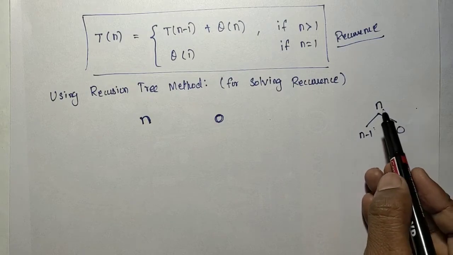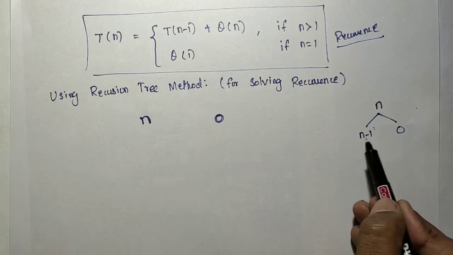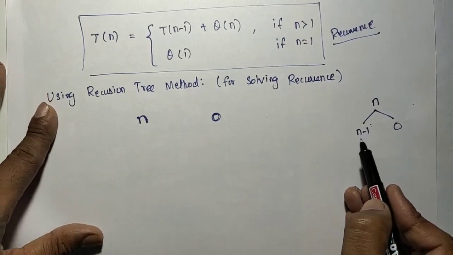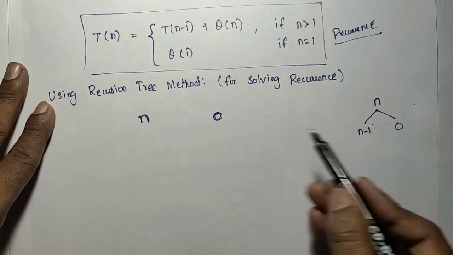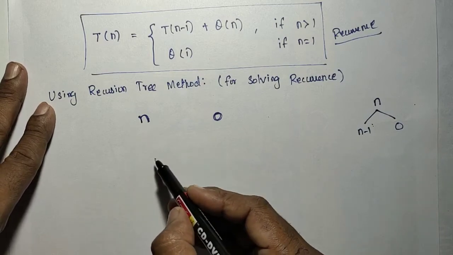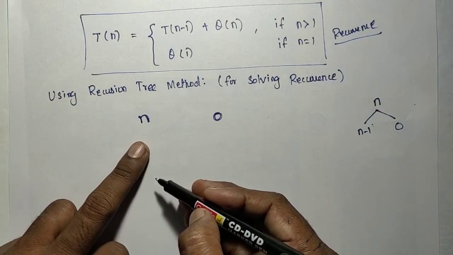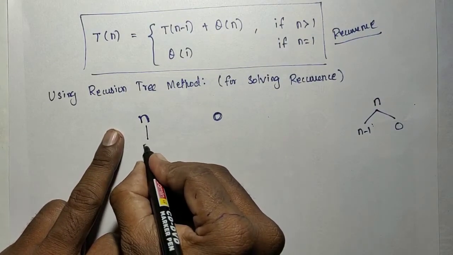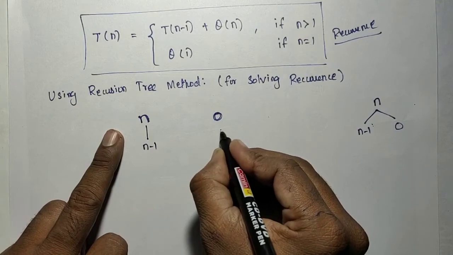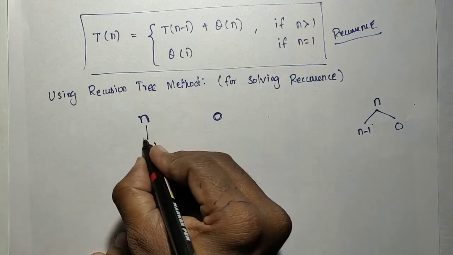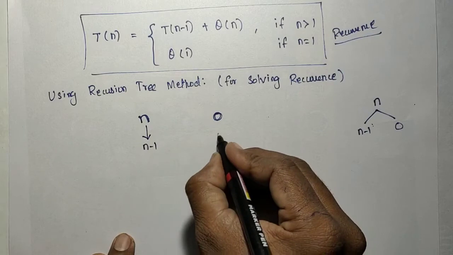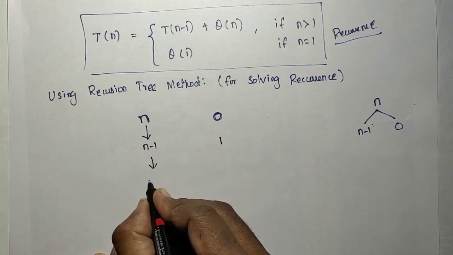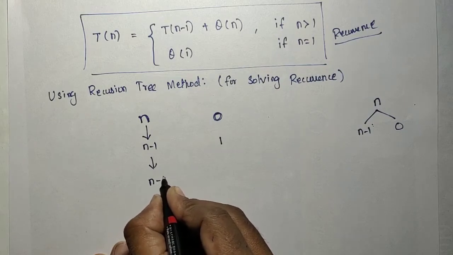In merge sort, it is divided into n/2 and n/2, so the maximum subproblem size is n/2. Here the maximum size subproblem is n-1. So in the next level, consider what the maximum size subproblem is. In level 1, n is reduced to n-1, and it is further reduced to n-2 in the second level.